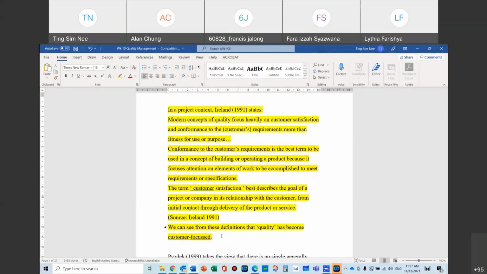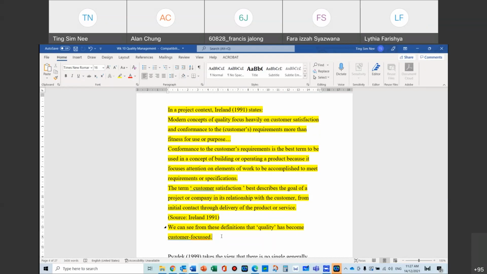And so it is best to conform to customers' requirement, and it must be operating based on what the customer wants. Be it a handphone, car, house, everything is based on whoever is going to be using it, what is their requirement. So you must sell something right. A lot of times, quality is not good because you're not selling the right thing. You're not designing the right thing. You're not giving the customer what they need and what they want. You are putting out what you think is the best. You see, so